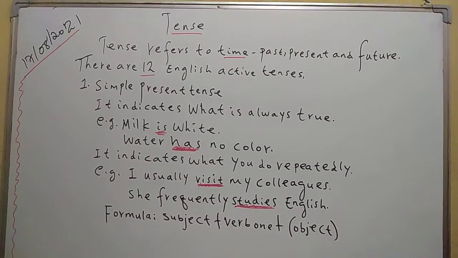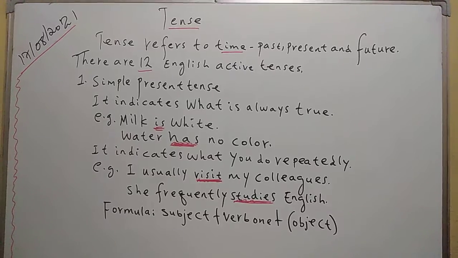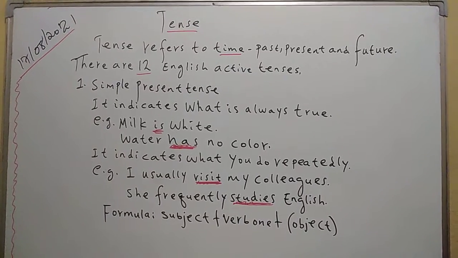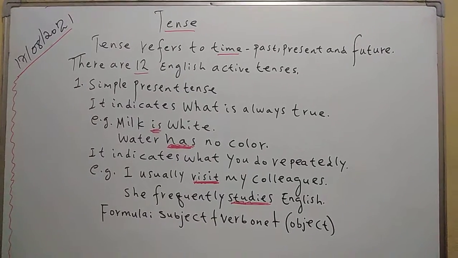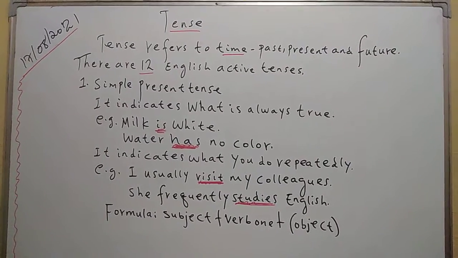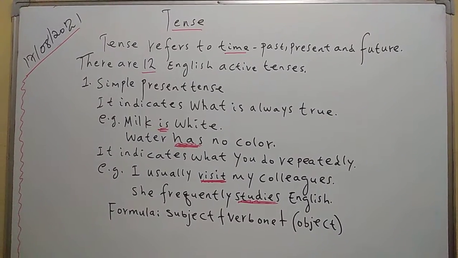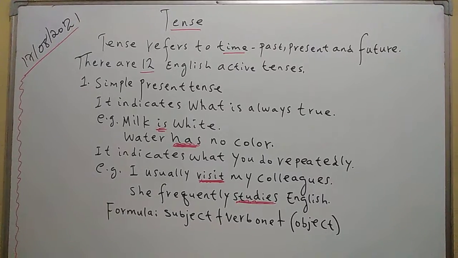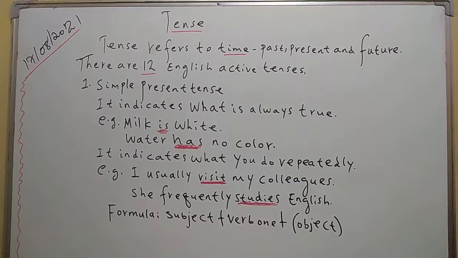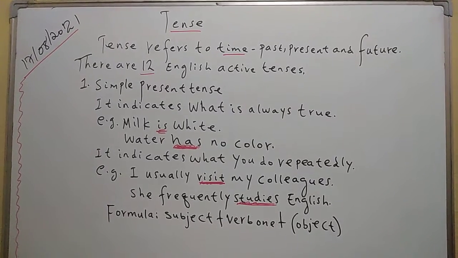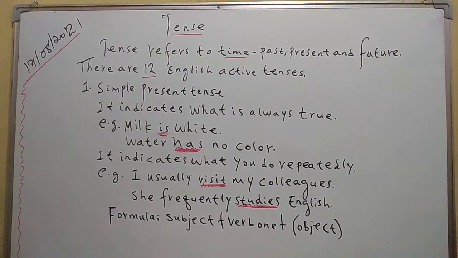So now let's see the first one. It indicates what is always true. For example, milk is white, right? This is what everybody knows in common. No need to say that milk was white or milk will be white. It's unnecessary, right? Of course it was true, it is true now also, and it will be true. So in all three tenses, I mean present, past, and future, something which is always true